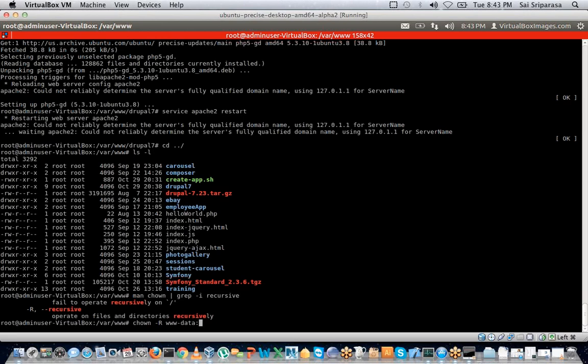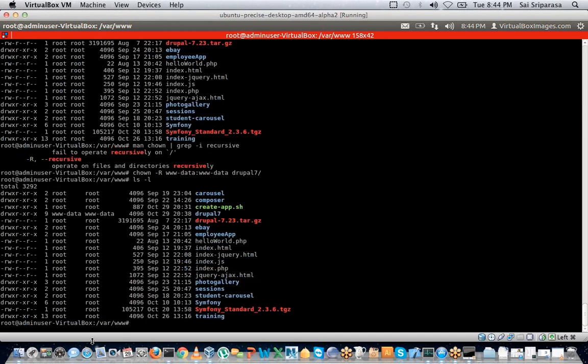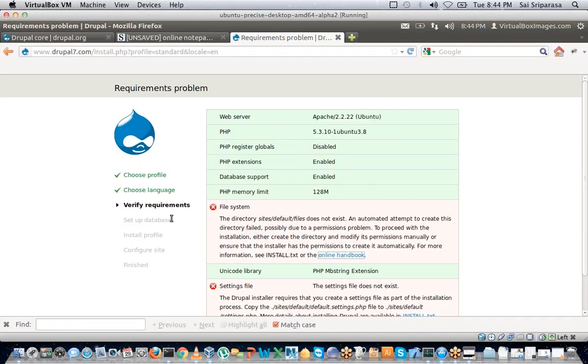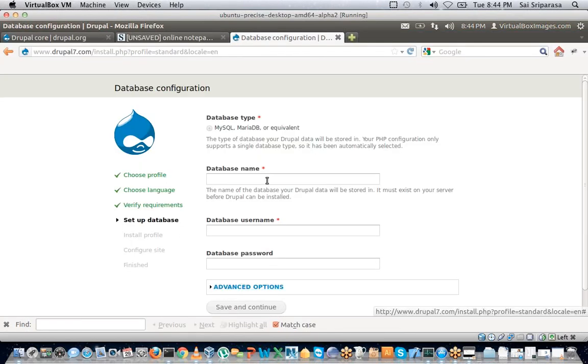www-data, I've already mentioned this, is the user for the web server on Debian systems, which are Ubuntu, Lubuntu, Xubuntu, and so on. If you are using a Red Hat system, either CentOS, Red Hat Linux, or Fedora, at that point it will be Apache. And the folder name is Drupal 7. Easy enough. Now www-data holds the permissions. Let's see if it is able to do what it has to do. Awesome. So everything worked. That was that simple, right?